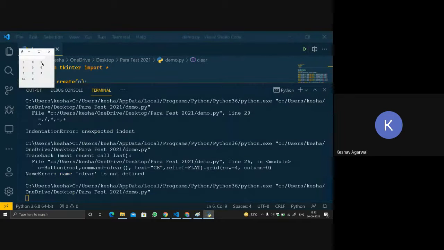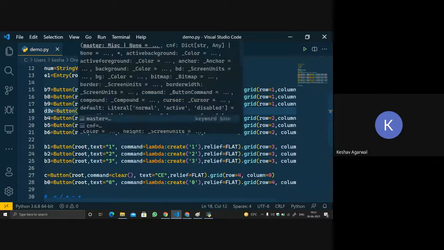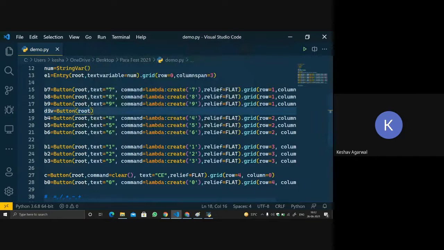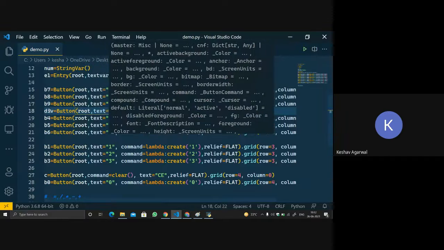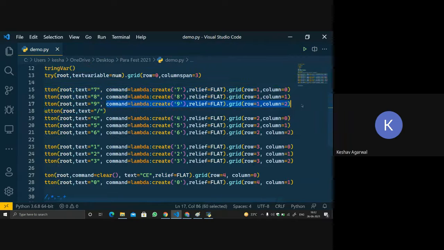So now beside 9 we will get a divide sign. Let's name it div equals to button, root comma text equals to backslash. It will be the same, copy paste. For command, apart from that it will be backslash, and column will be 3.